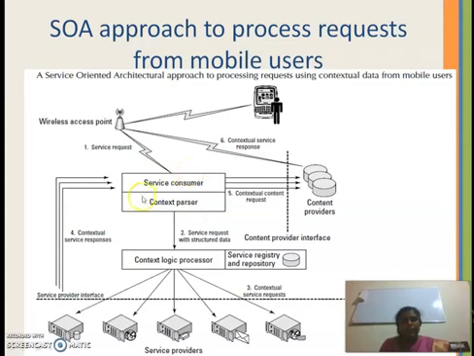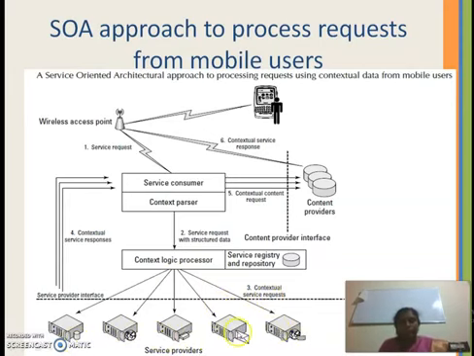So here the service consumer is the one that is provided by the mobile client, and this service consumer module has, as a part of it, a context parser. As it has been told, the context parser is going to convert that request into a structured representation, and that structured representation is nothing but the object that is sent to the context logic processor for further processing. And this context logic processor will now pass this contextual service request to the various service providers.